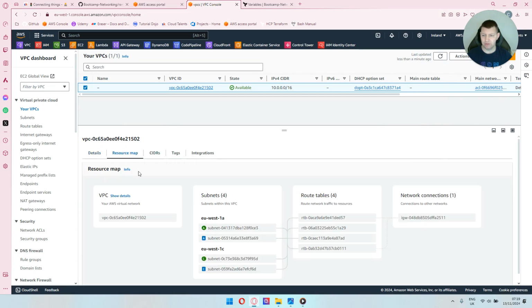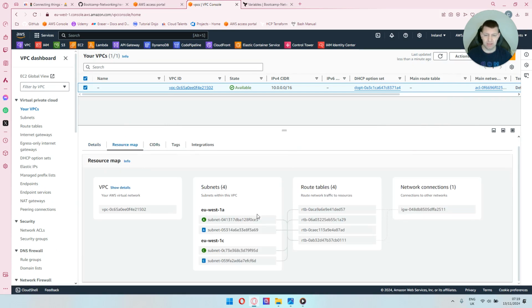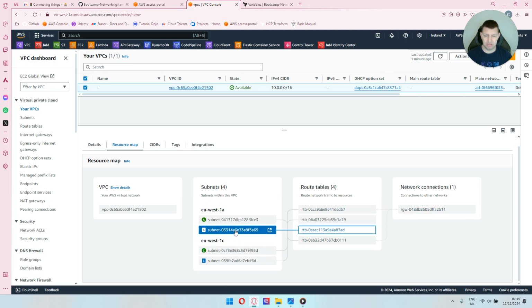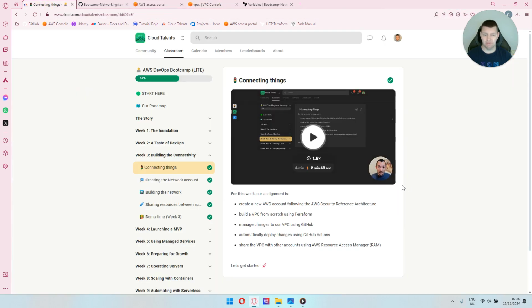And then if we press on the resource map, again, you can see that all the public subnets go to the internet gateway through the route tables, and the private subnets have their own route table as well. And this concludes our demonstration. So we created the AWS account, as I showed you. We built the VPC from scratch using Terraform. We manage changes to our VPC using GitHub, automatically deploy changes with GitHub Actions, and then share the VPC with other accounts using